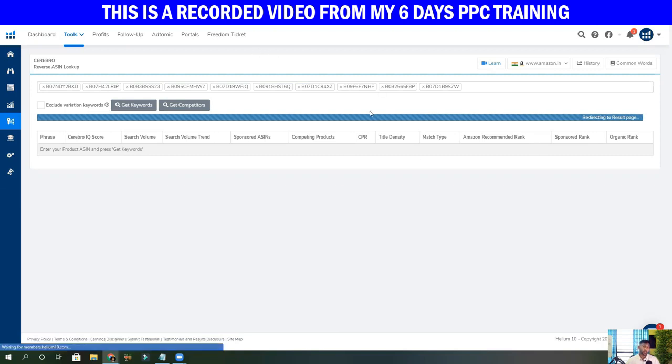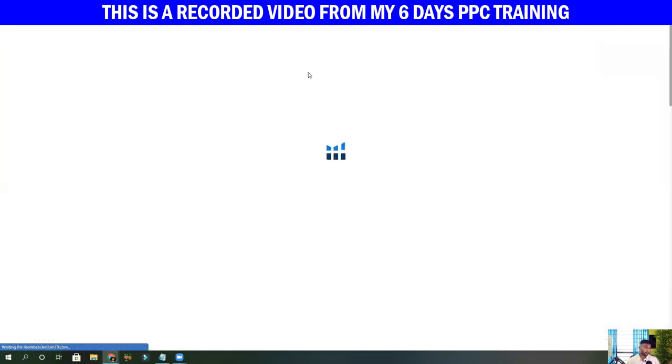It generally takes a little bit of time to give you the data. Now we will use a few filters as well.